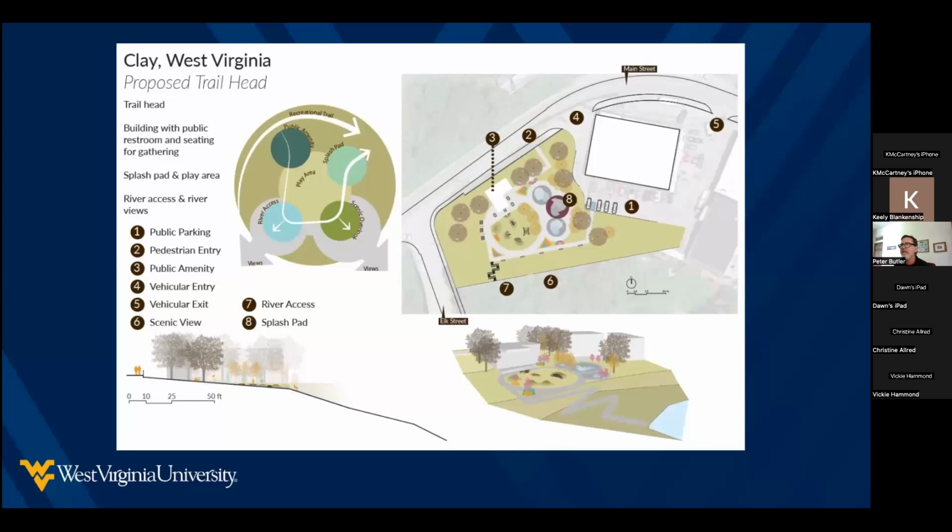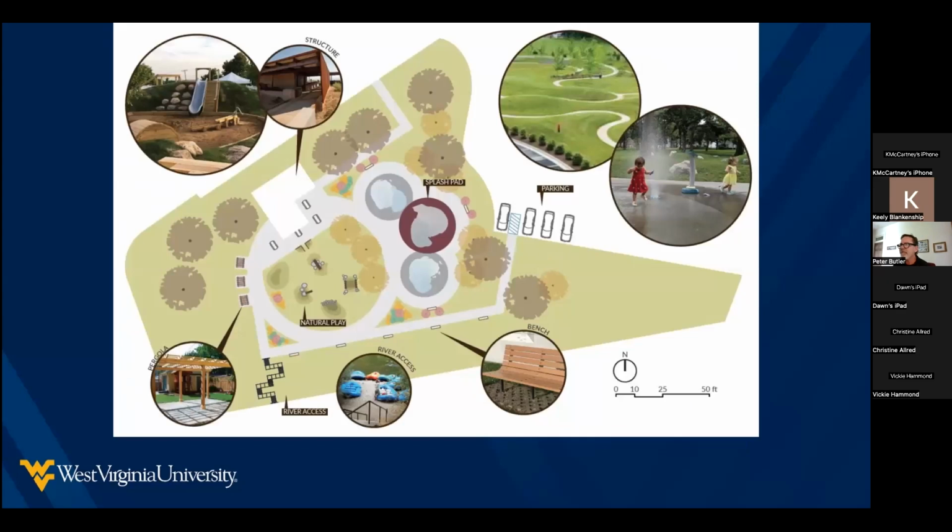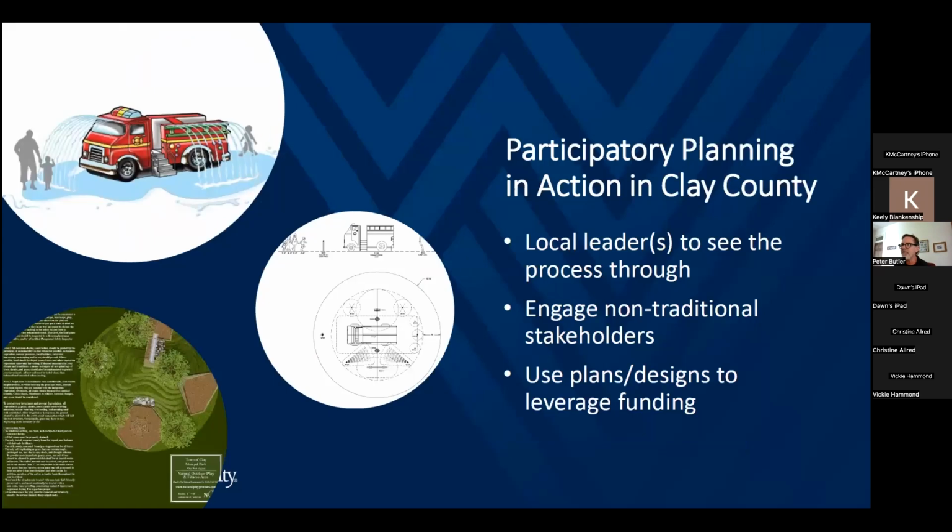In Clay County, at the trailhead just on the north side of town, the Elk River Trail, the students worked on different programming and layout for the site. Part of the programming from the student project didn't include community gardening, but the community added that. This was a part of the high obesity prevention program. And so healthy living, physical activity, and local food were a big part of the planning. And it's seen as a great success.